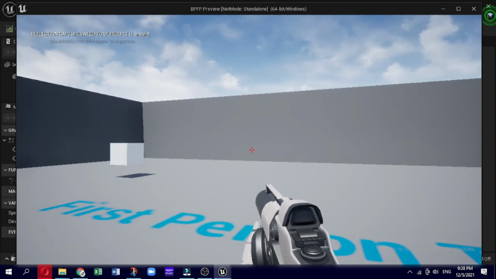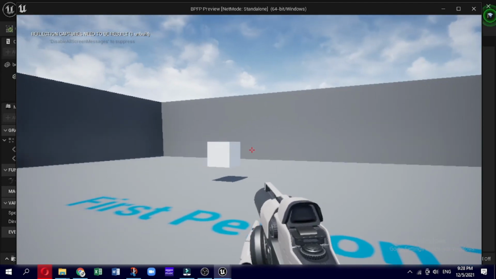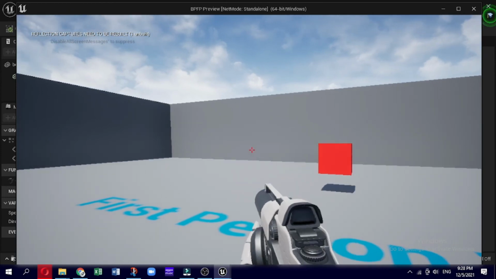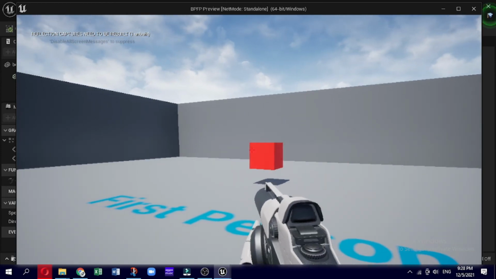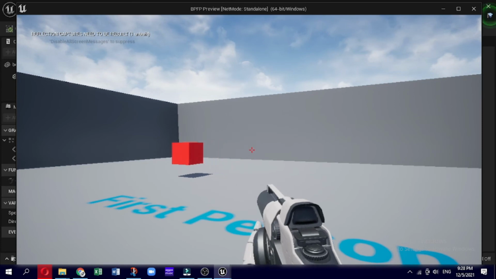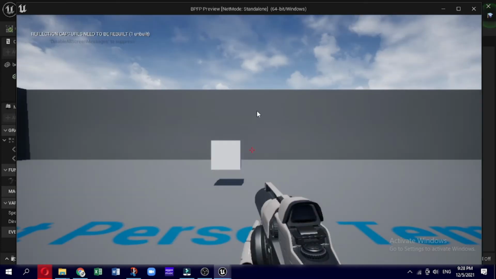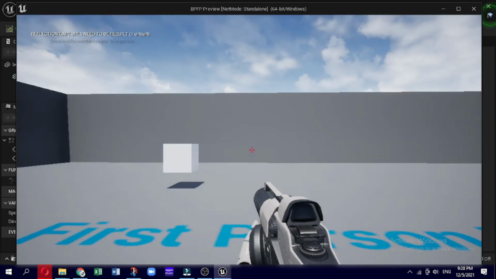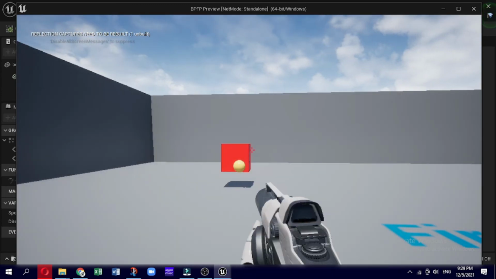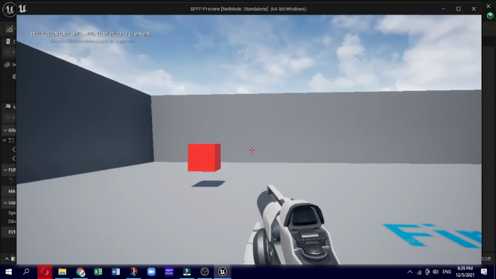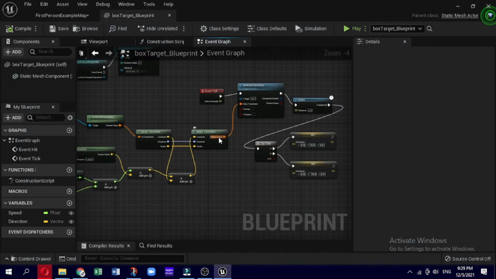Note that these values will only work relative to the default layout of the first-person template map. If you have made adjustments to your own level, then you can adjust either the speed or the placement of the target in your level, and test until you find a good patrol spot. Click on play. If the blueprint is functioning correctly, you will see the box target move back and forth between 2 points at a steady rate.